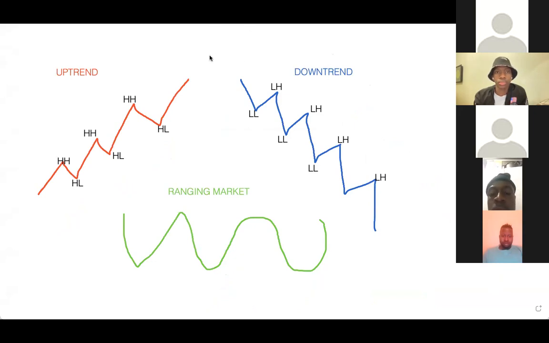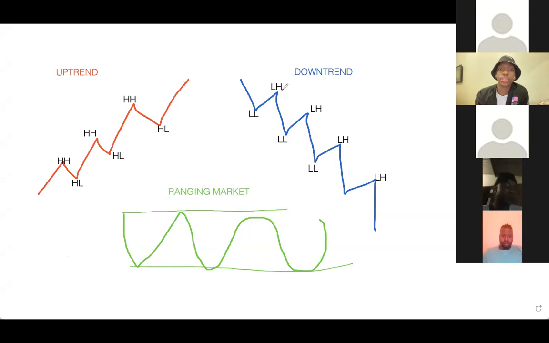Guys, in this session, I'm literally breaking it down to the basics. I'm just having a nice, simple session. So guys, the market moves in three trends. An uptrend, which is this one here. In an uptrend, we usually look for buys. In a downtrend, we look for sells. And in a ranging market, it depends on whether the market is at a high or at a low. But to break it down,